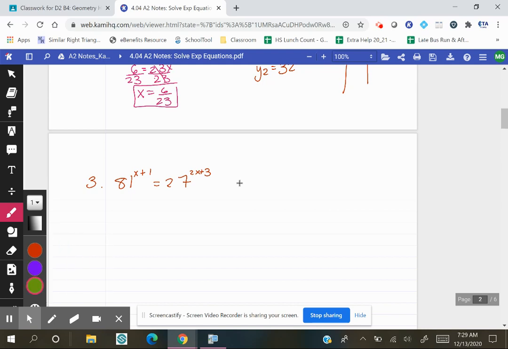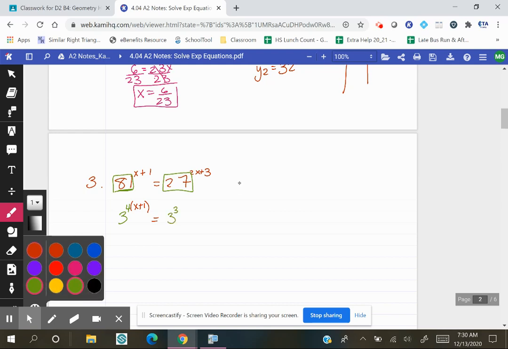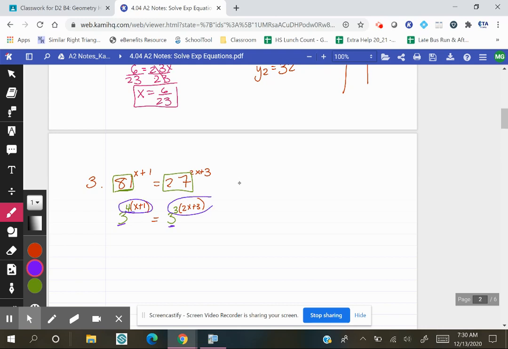So 81, this right here, I'm going to take out and rewrite as 3 to the fourth. And then I'll bring down my x plus 1. Then I'm going to take out my 27 and rewrite that as 3 to the third, and then bring down my exponent of 2x plus 3. Once I have the same bases, they're both a 3, now I can set my two exponents equal